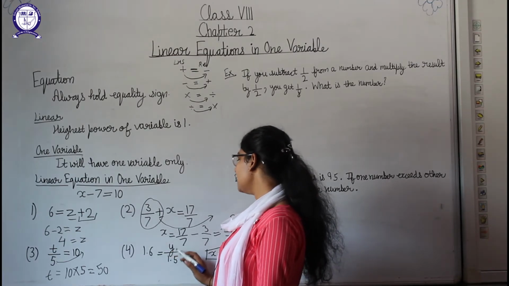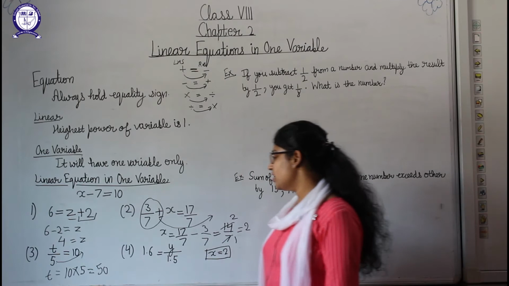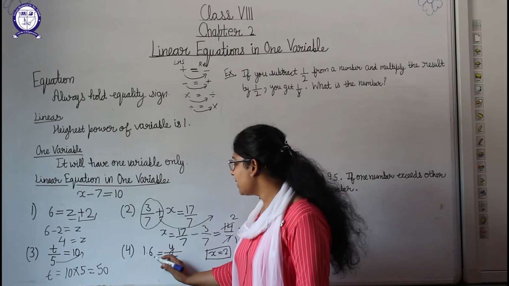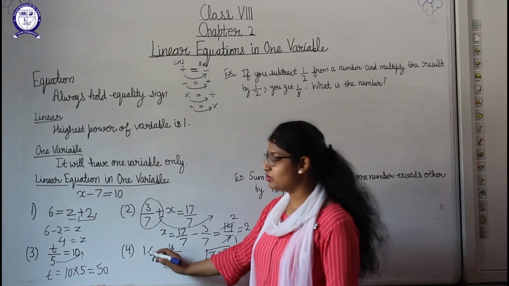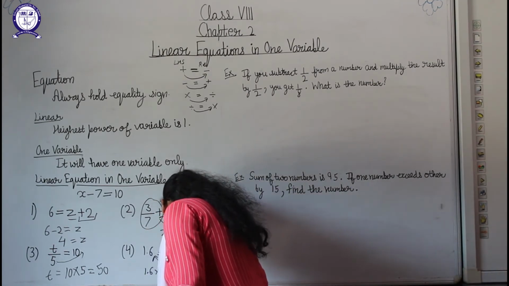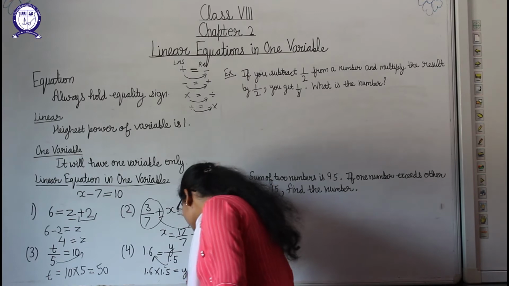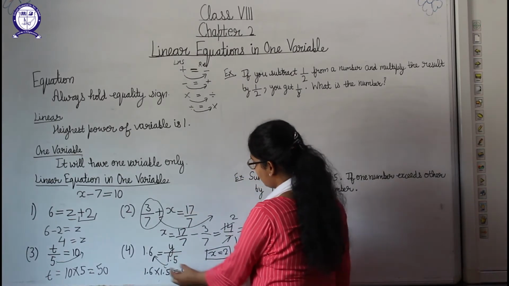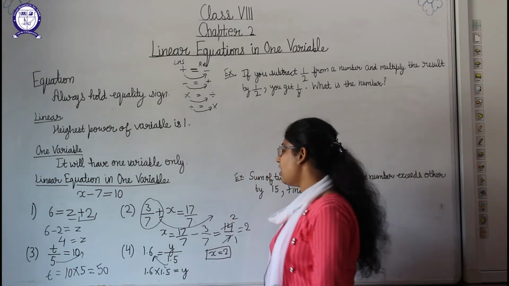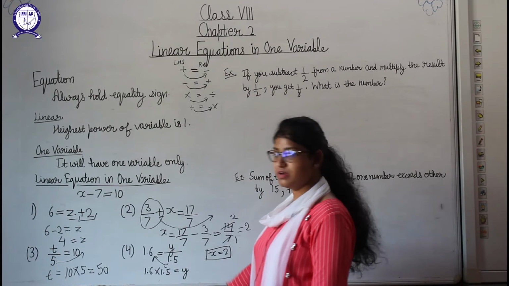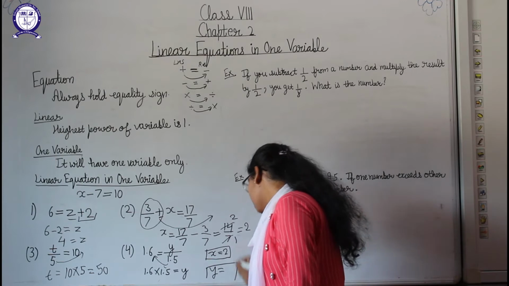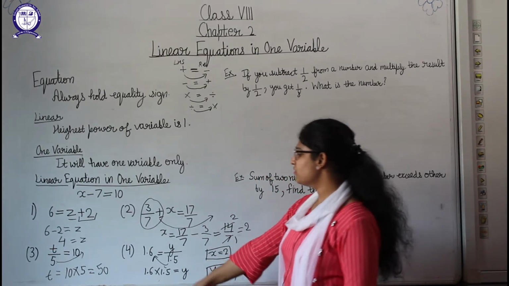1.6 is equal to y divided by 1.5. Here also what we have to do, we have to take this 1.5 to that side, and as we know that it is dividing here, so on that side it will be multiplying. So 1.6 into 1.5 will be there and it will be equal to y. Okay, y is here only, 1.6 is here only, and 1.5 will shift to there. Now we have to multiply 1.6 by 1.5 to get the answer, so that we can get the value of y. Okay, so start solving it.